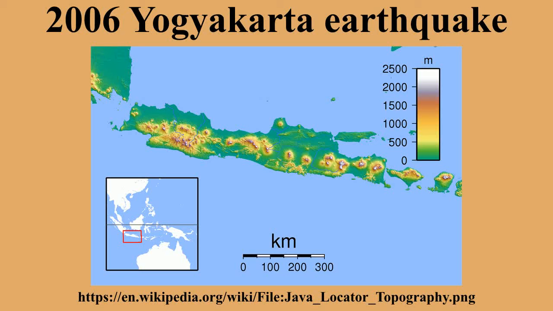The 2006 Yogyakarta earthquake occurred at 5:54 local time on the 27th of May with a moment magnitude of 6.4 and a maximum intensity of IX on the Medvedev-Sponheuer-Karnik scale. The shock occurred on the southern coast of Java near the Indonesian city of Yogyakarta and caused a disproportionate number of casualties, with more than